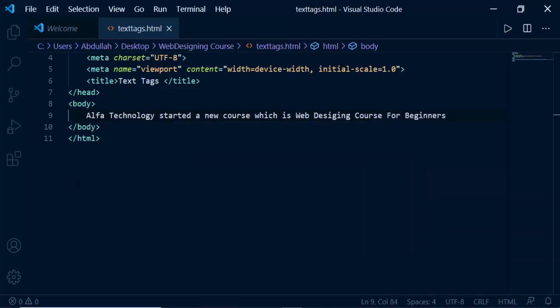Okay, now if I go back, save and refresh the page, you will see this text right there. Now what I want is that this Alpha Technology should be bold.